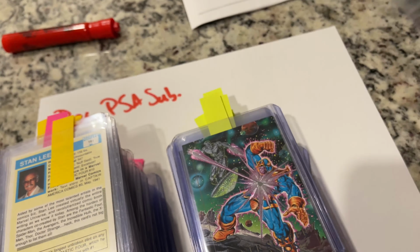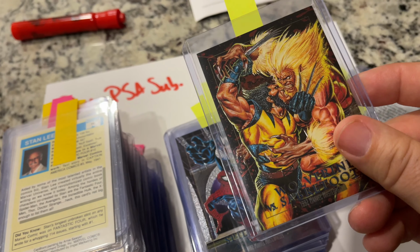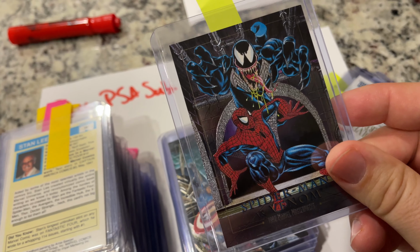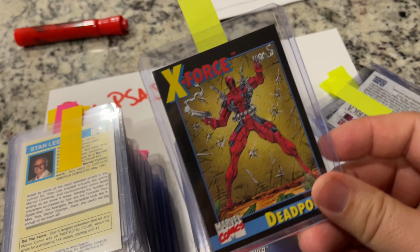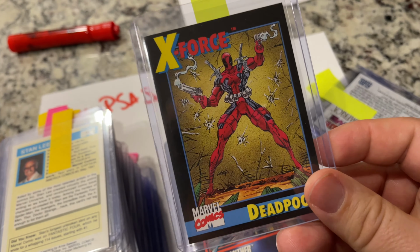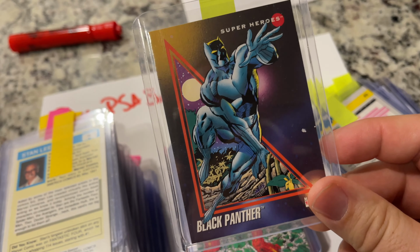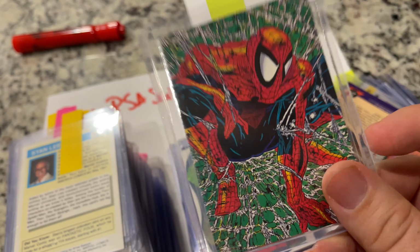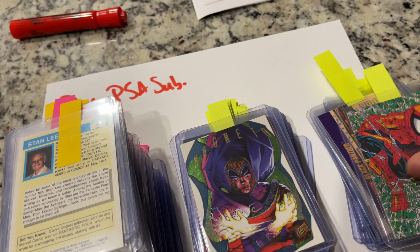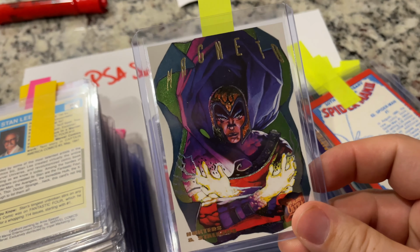These are the Battle Spectrums from 1992 Marvel Masterpieces. Excited about that card. They look good. Got our rookie Deadpool from promo of the X-Force comic book, polybag comic book. Got a really clean Black Panther, Spider-Man. Again, hoping this comes back at 10. I'm going to display it with my Spider-Man comics. McFarlane Spider-Man comics. Got a rainbow Magneto,